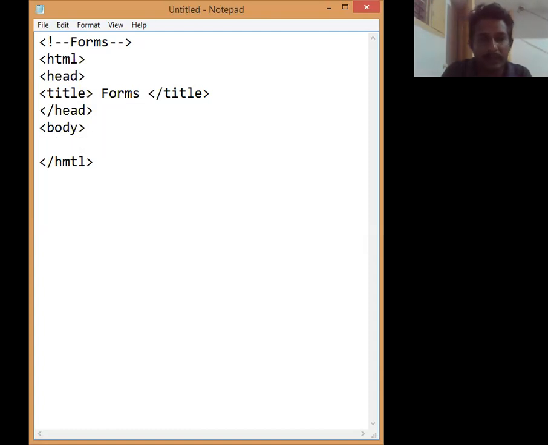Here I'm using the H1 header. H1 header is going to display large text, a large font, on your browser. Here I'm giving feedback form. I'm going to close the h1 tag. After that, I'm going to use one paragraph tag, p.